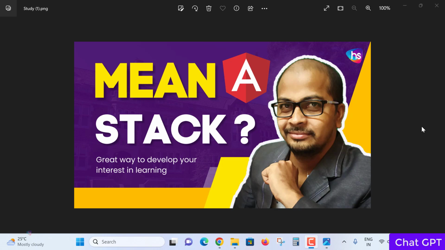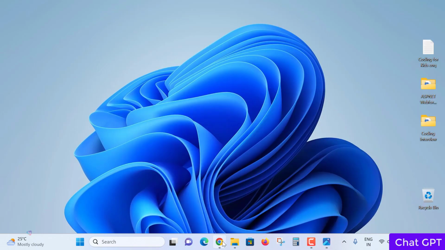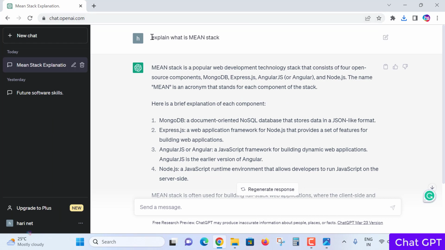So today I'm very much interested to share my views with the help of ChatGPT. I'm trying to get this information to you. It is a great way to develop your interest in learning MEAN stack development, where you have to focus. A step-by-step process I'll explain to you. Let's begin with the help of the OpenAI tool. This time I'm asking a query to